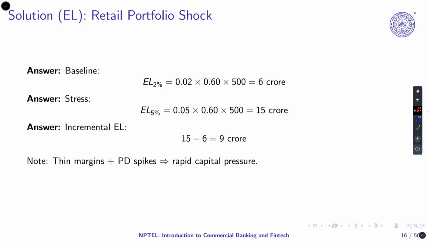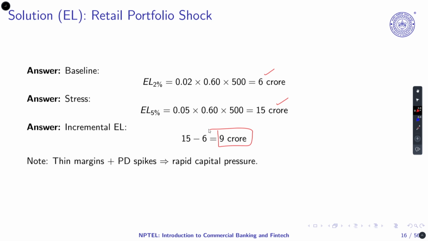So for the baseline, we are just multiplying 2% as the PD, and 60% as the LGD, and the EAD is 500 crore, so it is coming out to be 6 crore. But we are seeing that as we increase the probability of default from 2% to 5%, the stress is increasing by 15 crore. And how much is the stress? Actually, the incremental expected loss is 9 crore, which means that